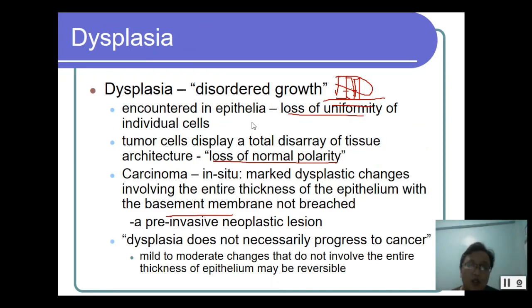Now, we go to the term dysplasia. When you say dysplasia, disordered growth, magulong paglaki in Tagalog. So, when you notice the epithelium,